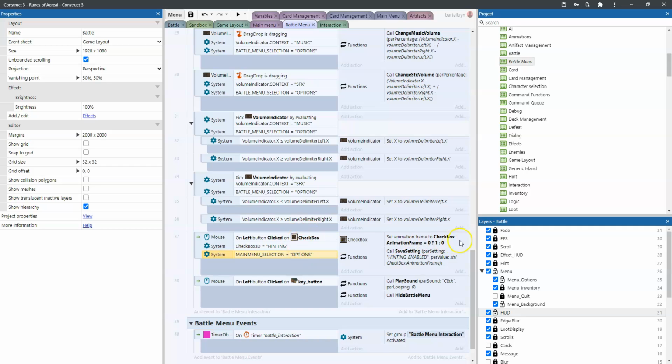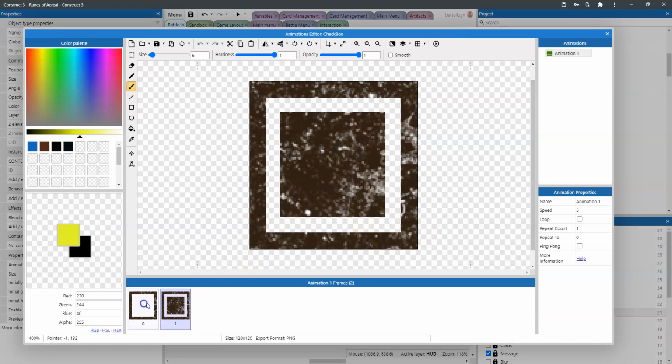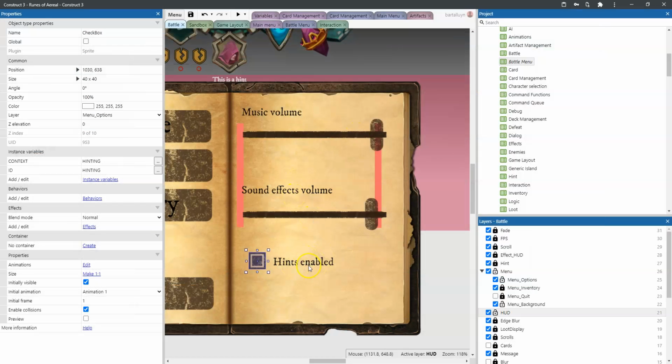When clicking the hint button, we check the setting, or we don't. So what happens here is we invert the animation frame. If the animation frame is 0, we set it to 1, else we set it to 0. That is because when we go and look at this and we double click, we say that these are two different items here, like that. And the second thing we do actually